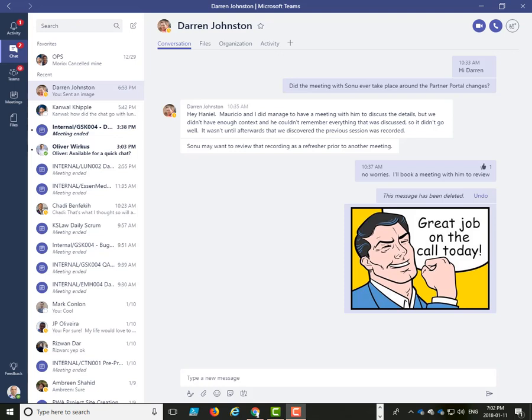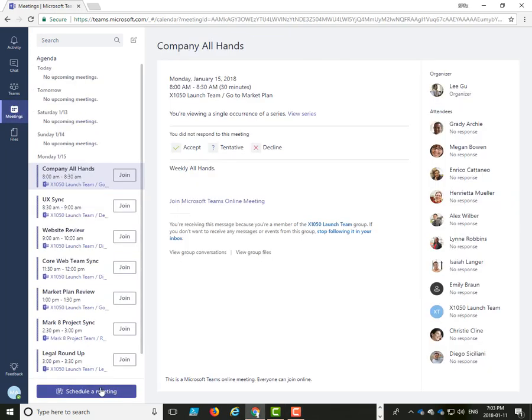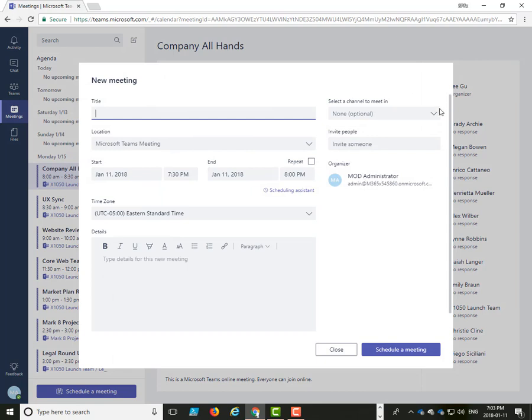If I want to have a real-time conversation with one or more of my team members, I'm able to initiate either an audio or a video chat directly from within the chat window. If I want to have a conversation with all members of a team or a channel, I can actually go into the meetings option and schedule a meeting for a specific channel.